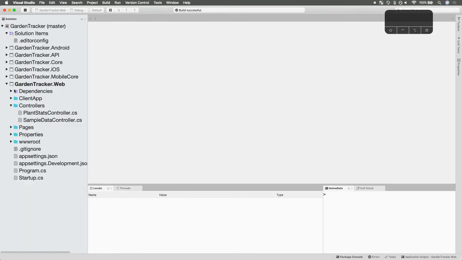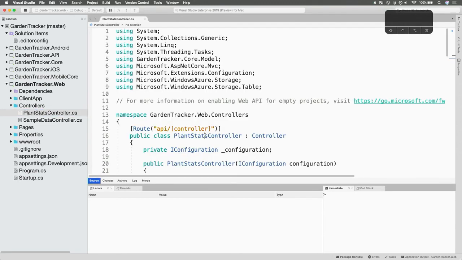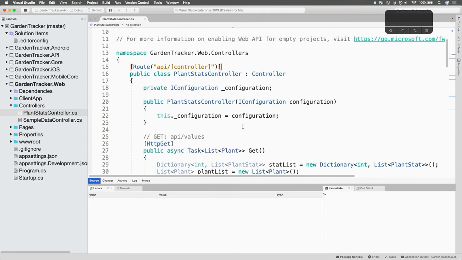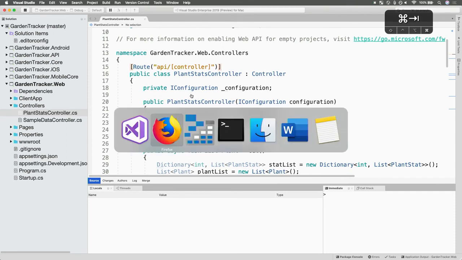And also in this default template, there are the controllers. These are web API definitions that are created here. I've got one I've created called the plant stats controller. This is what's going to get my plant stat data from the Azure table storage. And you'll see if I just jump ahead over here, switching back to my browser, and I'll put in